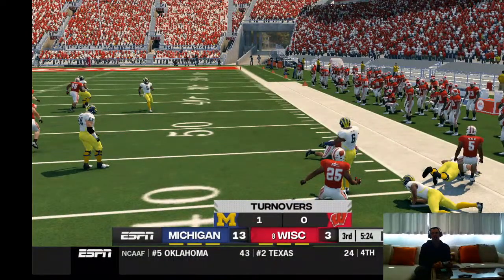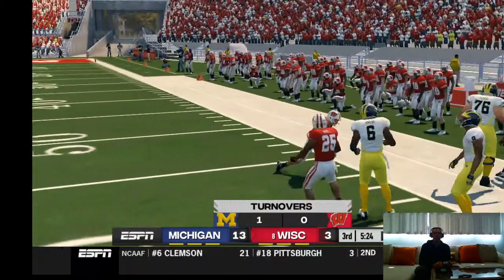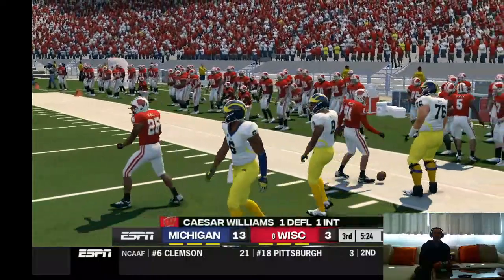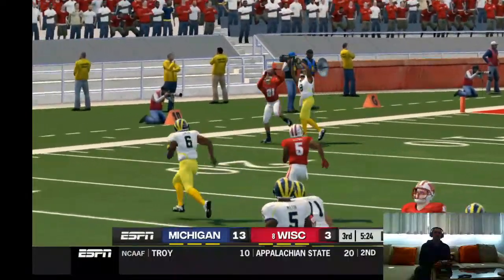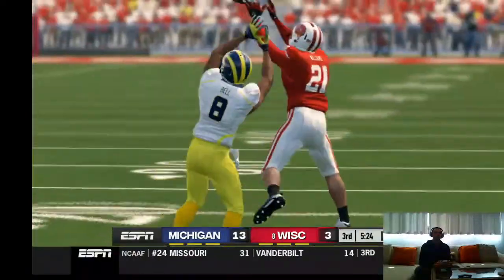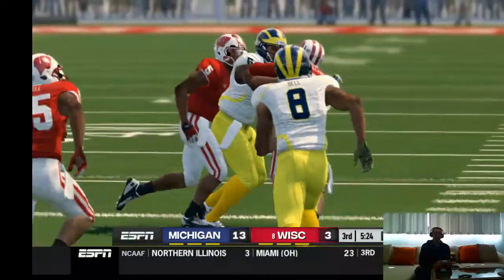Oh, man. That's a huge interception to get the football back and maybe have a chance to get back into this game, but this could really change the momentum. You can see the players and how they're responding down there on the sideline. They are excited to get the football back and have a chance to put points on the board.